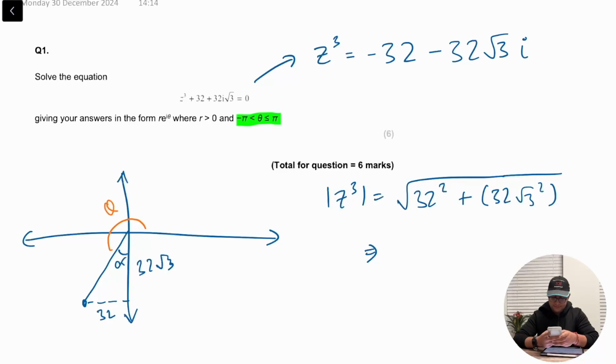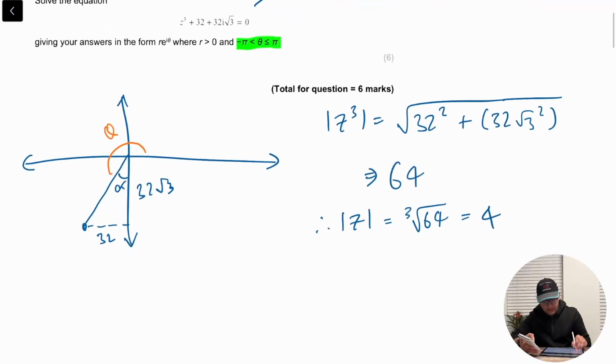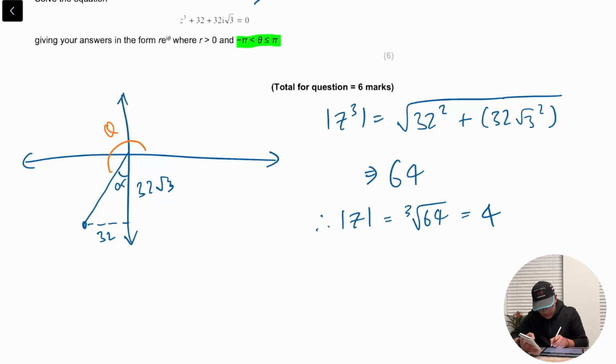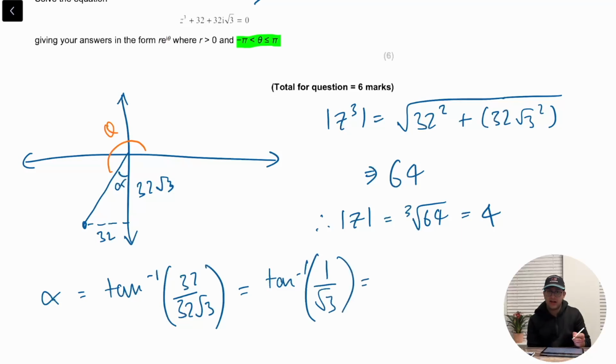This works out to be 64, perfect, right? Because 64 is a cube number. Therefore, the modulus of z is the cube root of 64, which is 4. Nice and easy. Okay, now let's try and work out what alpha is. So alpha is going to be inverse tan of 32 over 32 root 3, right? This is the same as inverse tan of 1 over root 3, which is either 30 degrees or pi over